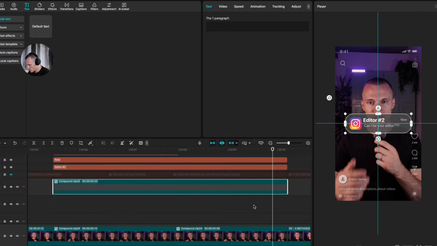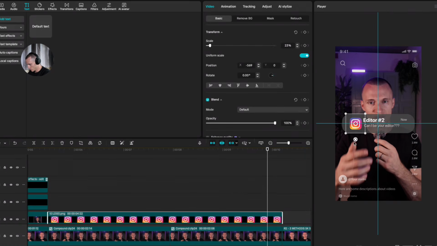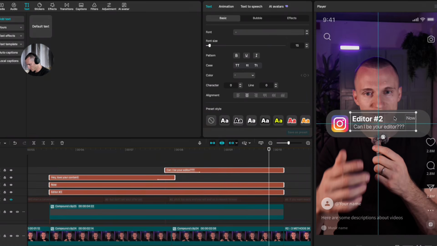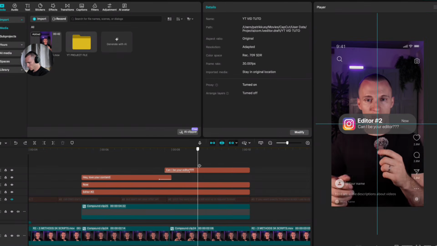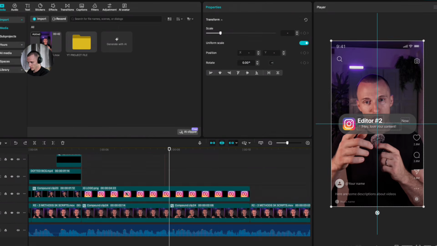And now let's play with this shape a little bit more. So make it a little bit bigger. And now let's take this icon and bring it up here. And now just select all these text layers so we can move everything at the same time and make it a little bit bigger. And once you're happy with your text, just select all these text layers, including this clip and this icon, and